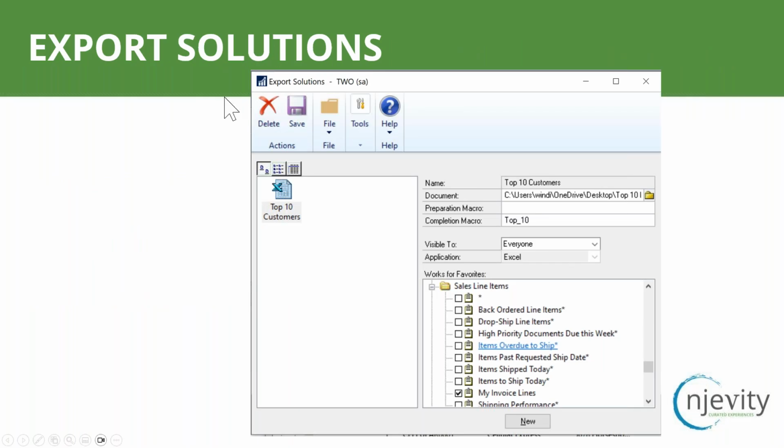If I am going to do the same thing to this file every time I export it. So I'm going to grab a list of invoice lines, and every time I export that set of invoice lines, I'm going to run a macro that's going to do some slicing and dicing for that. Maybe it's going to